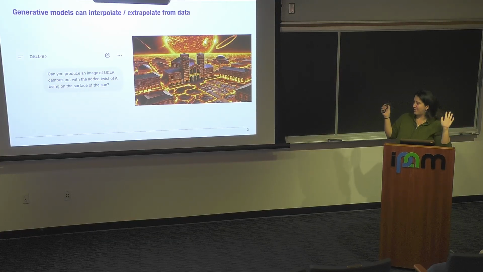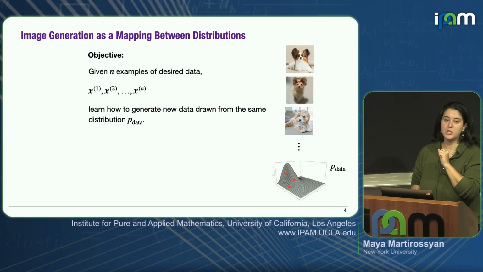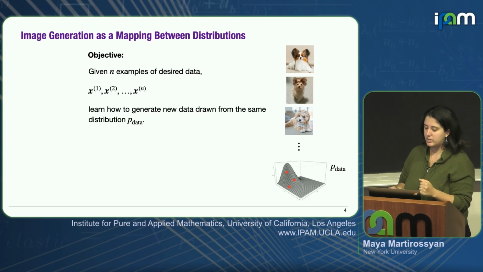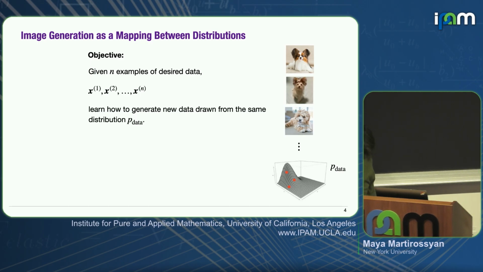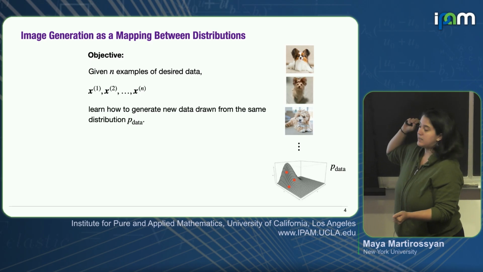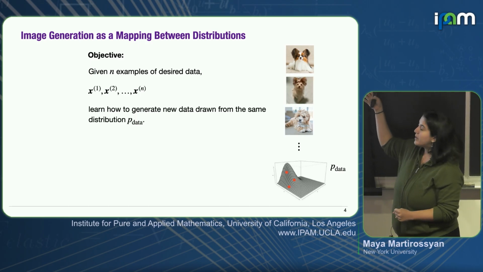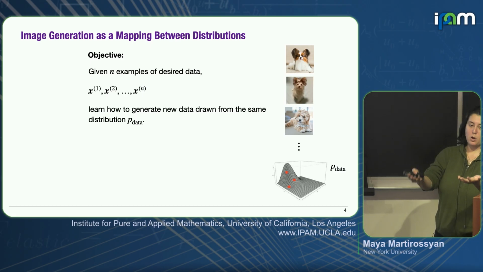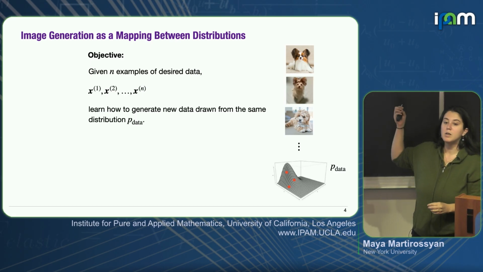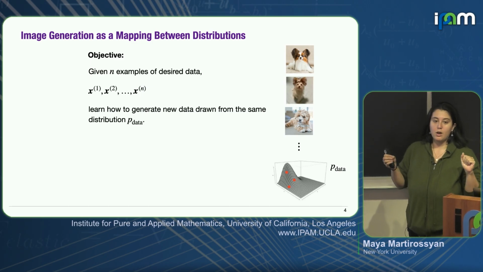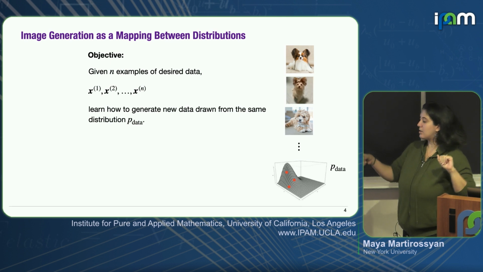So okay, I'll just keep going so we can eventually get to the materials part. To think about this in the context of images, what you want to do in order to make a generative model is, let's say you have a set of samples. In this case, let's just fixate on images of dogs. This is a very classic example. What you're hoping is that if you give a model a bunch of images of dogs, all of those dogs are hopefully going to be a representative sample of the distribution of the images of dogs.